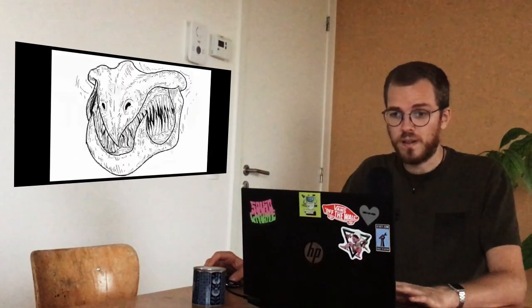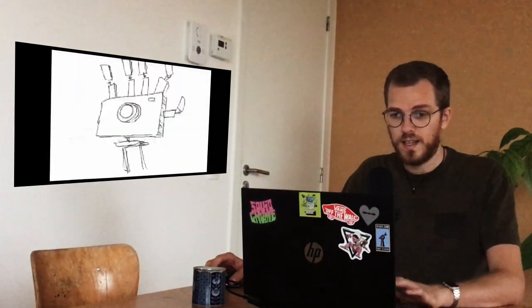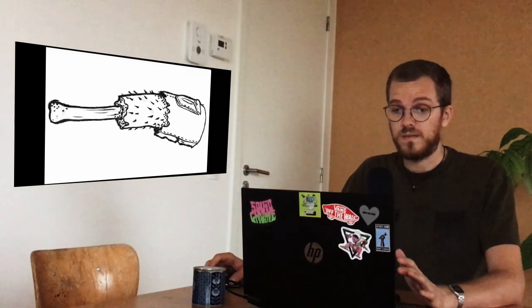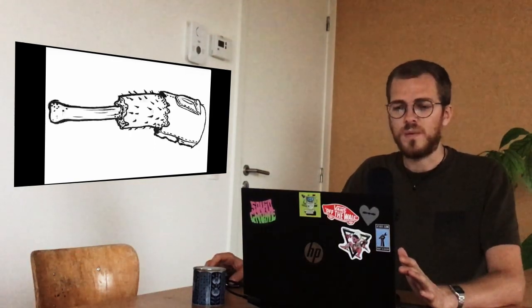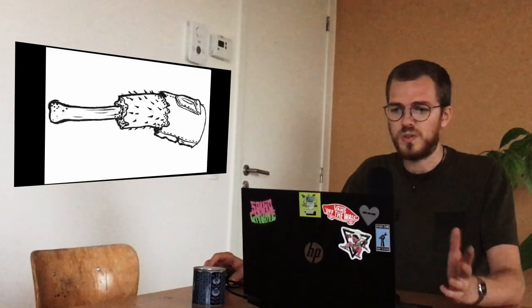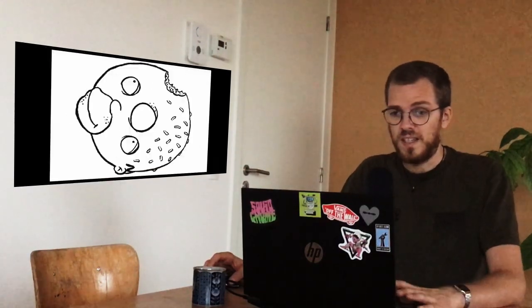Let's see what my fourth card is. And a chopped off leg with jeans. I'm not liking the jeans, but I can choose to not use the jeans, I guess. Okay,